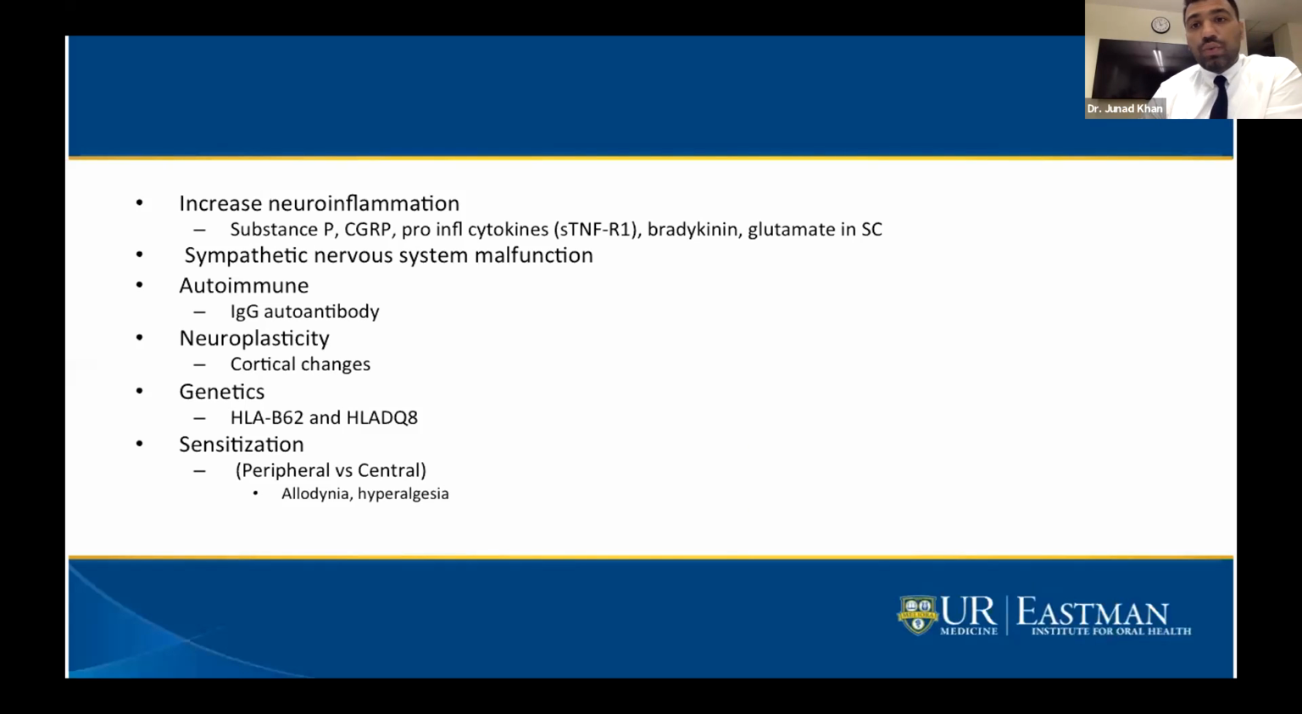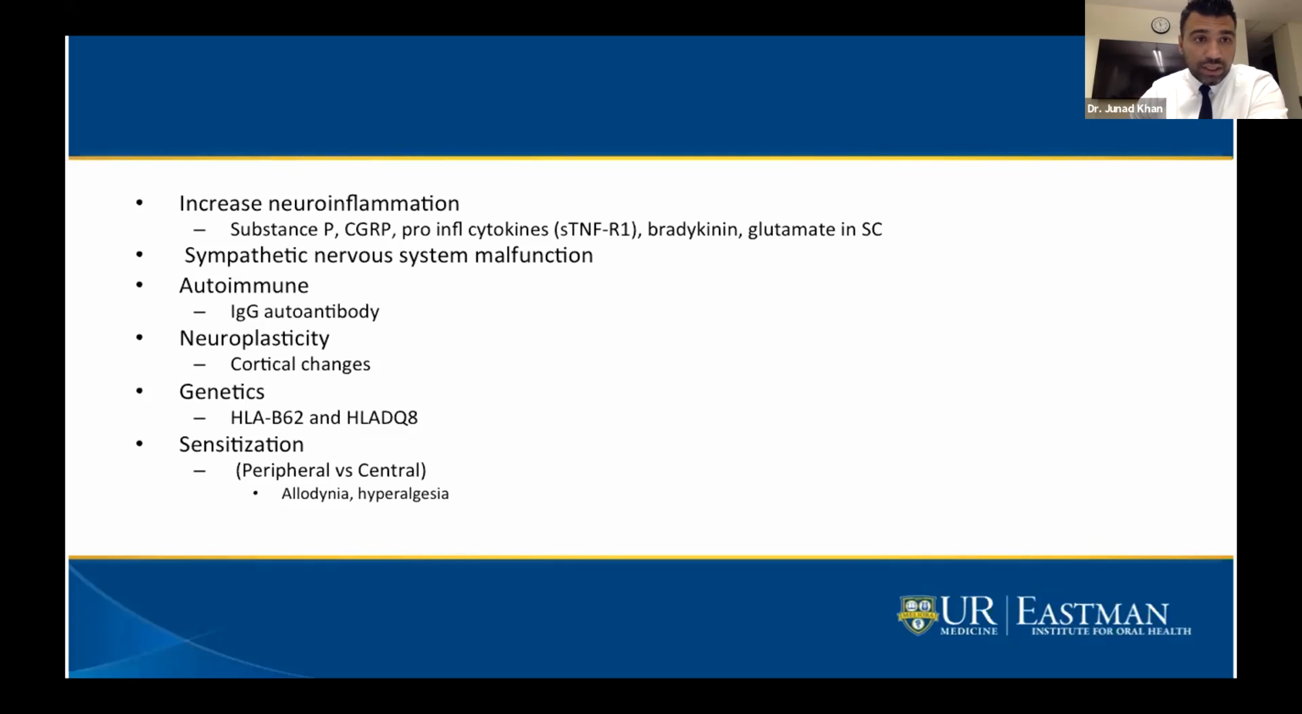There's a bunch of reasons why CRPS happens, and at least there's no conclusion that this is the sole reason. Some of the main things are increased neuroinflammation, and an increase in glutamate at the spinal cord level, which is an excitatory neurotransmitter. There's an increase in pro-inflammatory cytokines, substance P and CGRP, which are probably the hallmark of neurogenic inflammation itself. There's an alteration in the sympathetic nervous system, and, like I mentioned, some people blame it on autoimmune disease. They've seen immunoglobulin G autoantibodies against the neurons itself,